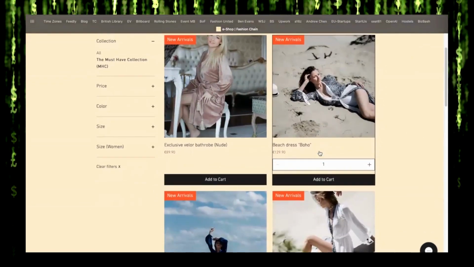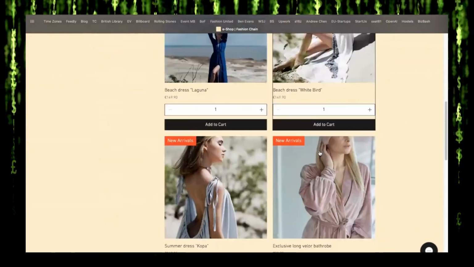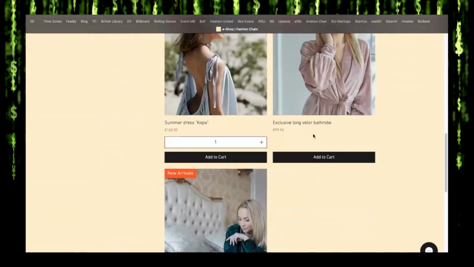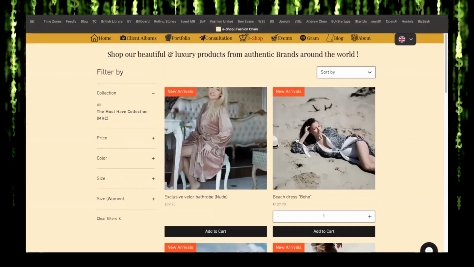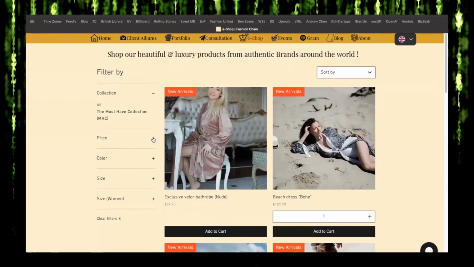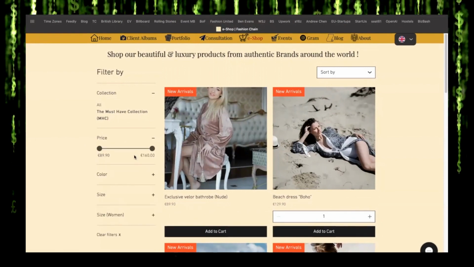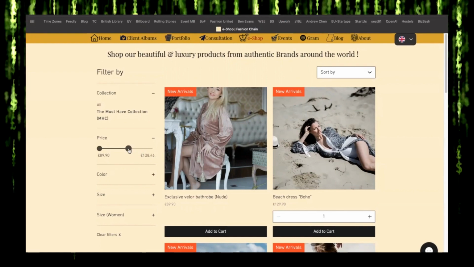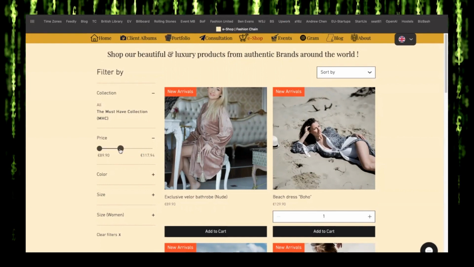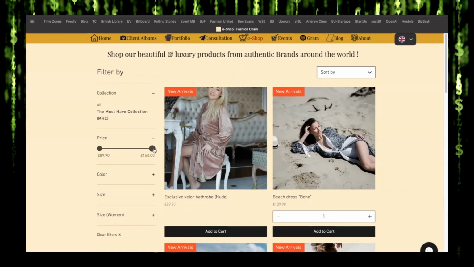As you look at the screen here, you'll find roughly around 7 new collections that the Must Have collection has released very recently. You can also filter by the price. All you have to do is click on the plus sign here, and you'll get a range of pricing. You can just slide this slide bar to reduce the price or increase the price as per your requirements.